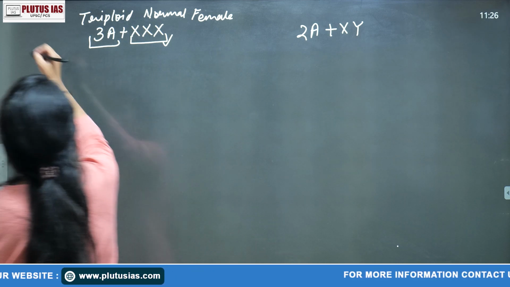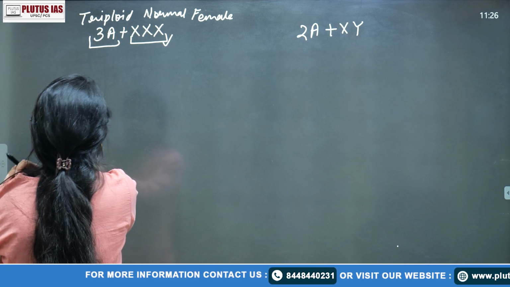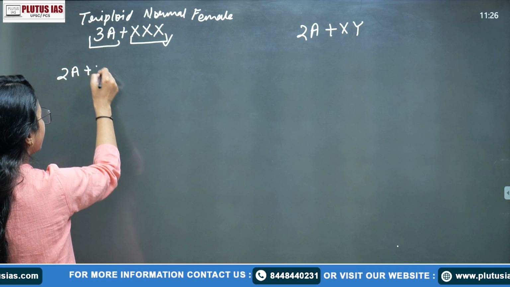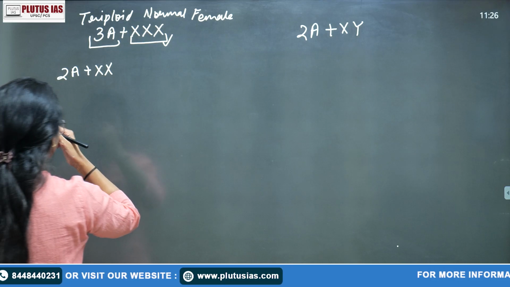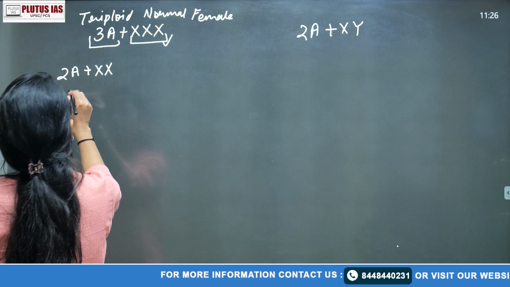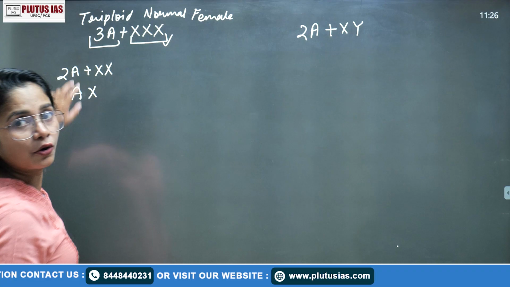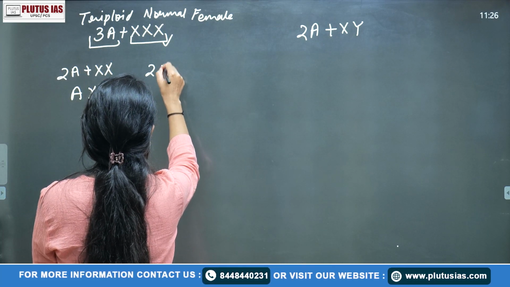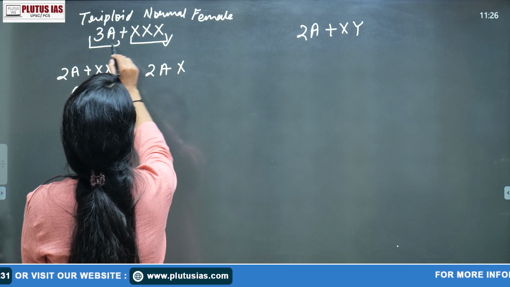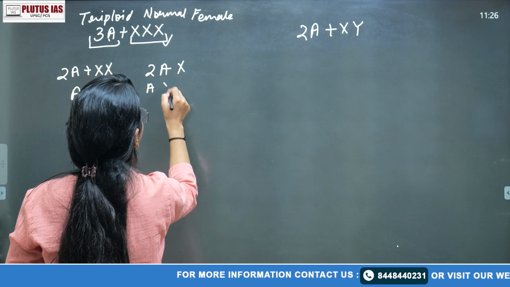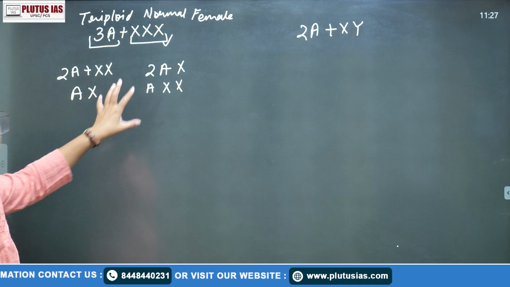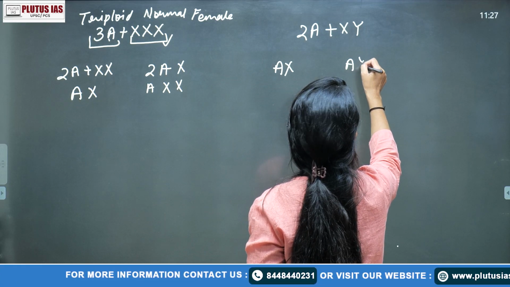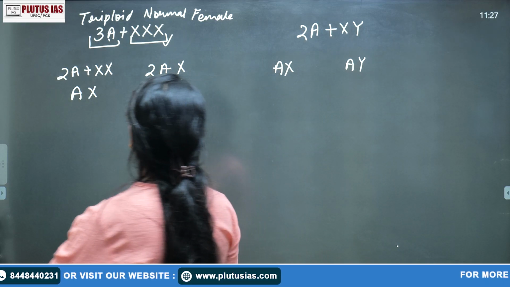Okay, so now these are your parents. The gamete will be 2A plus X. From here we can form it. One type of gamete is A, and the second type is A and X, so 3A plus X. And another type of gamete we can form is 2A plus X and A double X. These four types of gamete can be formed here, and here AX and AY, because Y is not involved, so we do not need to form other types.